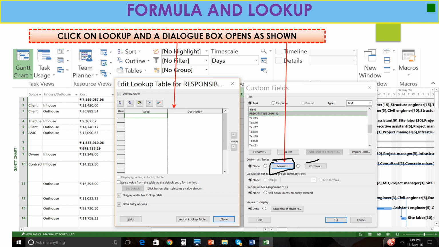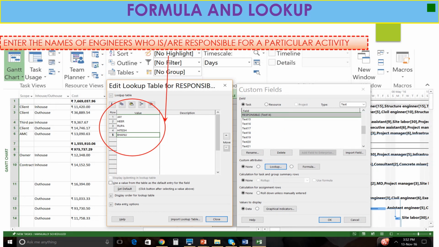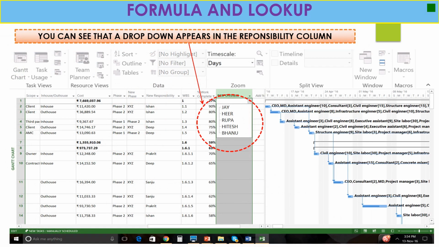Click on lookup so that you can see the Edit Lookup Table for Responsibility tab. Now each and every name of the engineers who are responsible for that particular activity, you can add here, or you can add your values based on your project requirement and project team. So you can add this lookup table for your responsible persons.